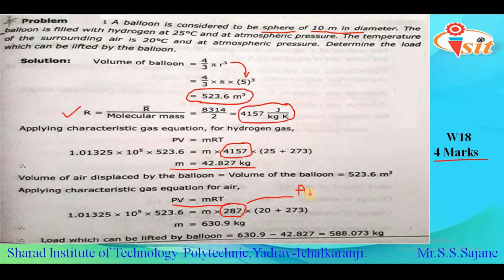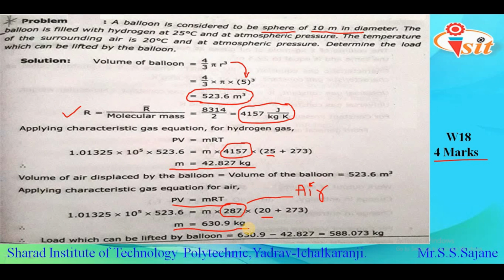Also, the temperature of air is given as 20 degrees Celsius, because while calculating for hydrogen gas we substituted the temperature as 25. So for calculating air we should take care regarding these differences, and accordingly substitute the values, that is, temperature equal to 20 degrees Celsius, after converting it into its standard SI unit, Kelvin. So we will add 273 to this Celsius temperature, and after solving this equation we will get the mass of air, which will be equal to